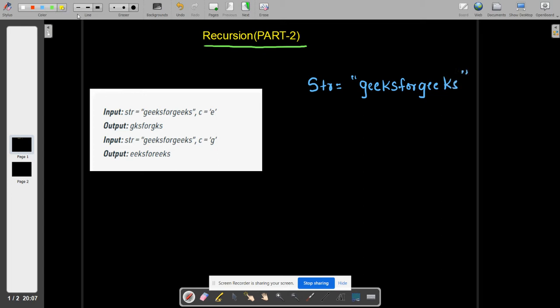Now we are also given a character. The character can be anything. Let's say in this case the character is e. Now what we need to do is remove all the occurrences of this character from this string. The question is going to be very easy if you solve it using the iterative method,